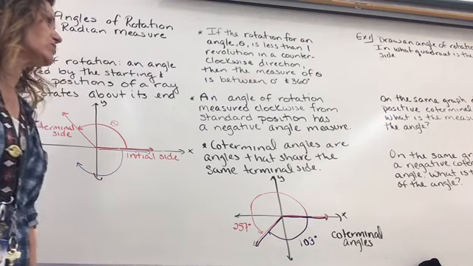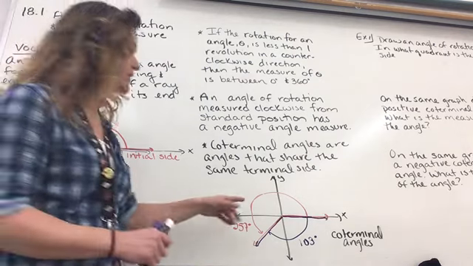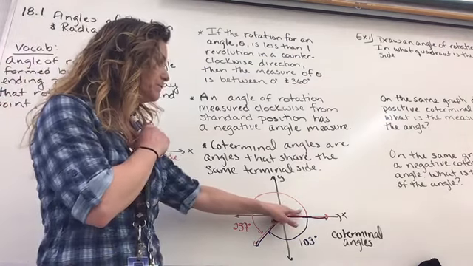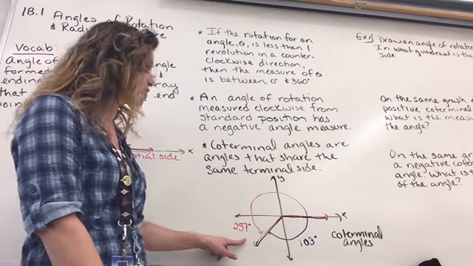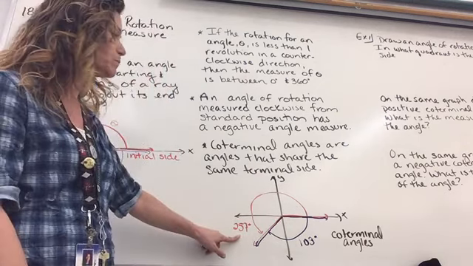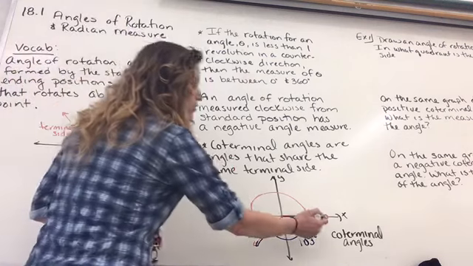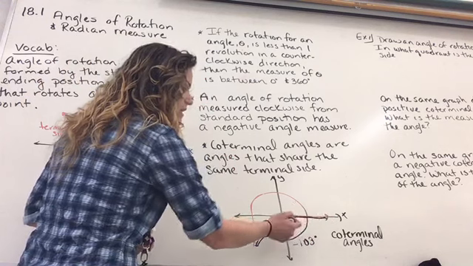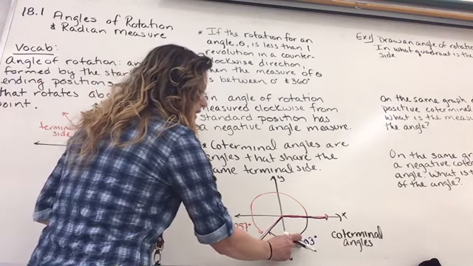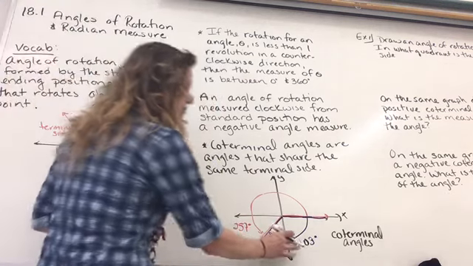So coterminal angles are angles that share the same terminal side. If you notice here in this picture, the red angle is starting on the positive x and it's going this way to 257 degrees, which puts us in the third quadrant. That's a positive measure. Now, the purple angle goes the other way. So it's starting at the initial side going this way. But if I take the absolute value of them,